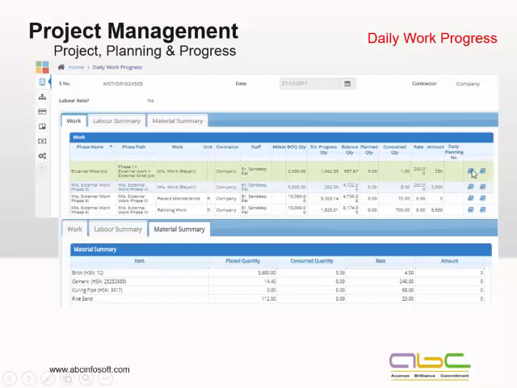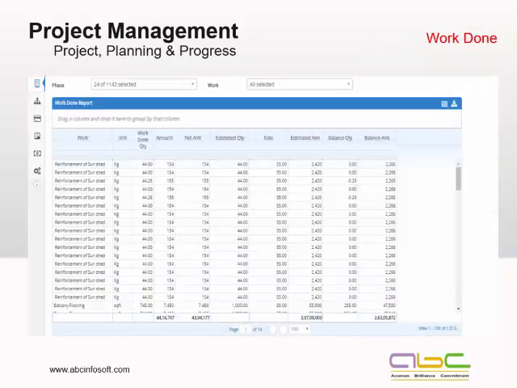Now here also we have two different things where we can find out my actual consumption of the material. This is the planned quantity, consumed quantity, and the rate. Similarly for the labor and for the works, I can have different details. Plus I can have a complete measurement sheet here itself. With a measurement sheet, whenever I am generating my bills for the contractors and even for my own tender bills, this measurement can be incorporated into those bills.